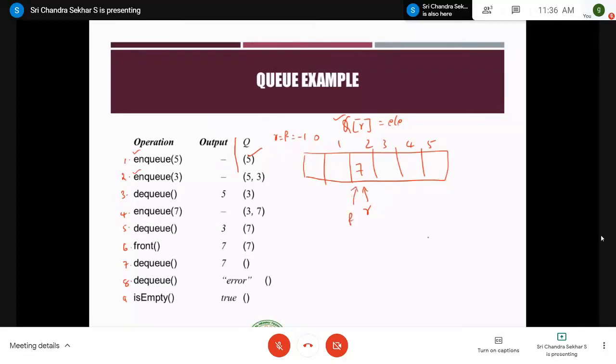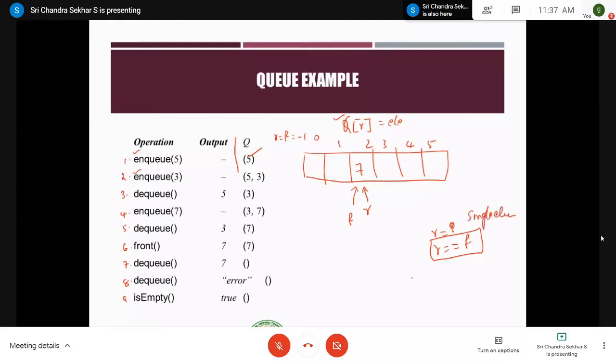So, how can you test whether a Q has a single element? This concept is very simple. If rear is equal to F, whenever this condition is satisfied, that means in the previous instruction also, you have seen that both front and rear are pointing to 3 only, right? There exists only one element. Similarly, in this situation also, the front and rear are pointing to the same single element, that is 7. So this is how you check whether the Q consists of a single element or not.